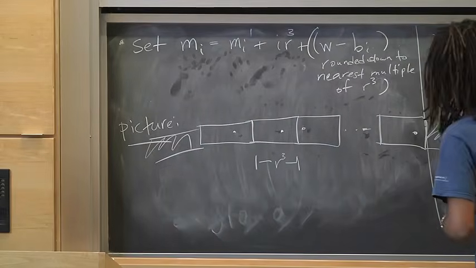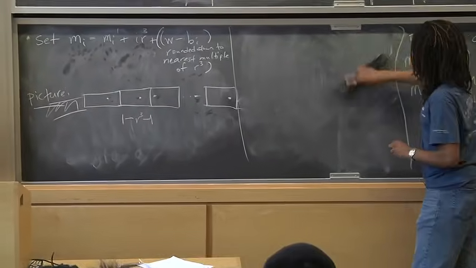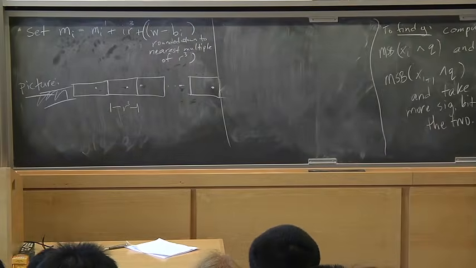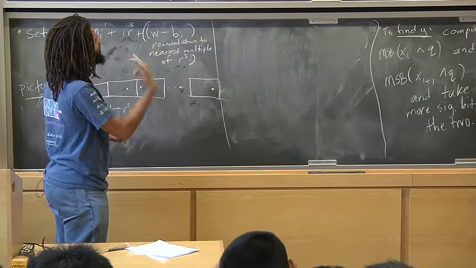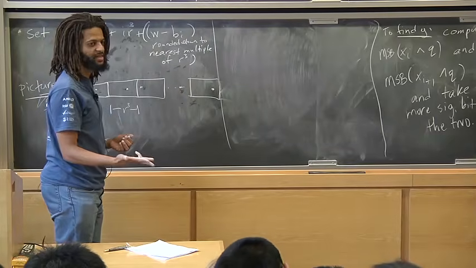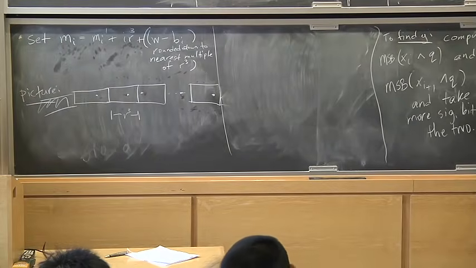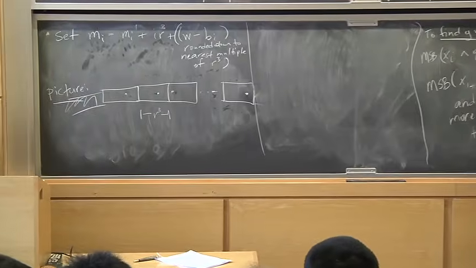Okay, so that's how we're actually going to do sketching. So I defined how to do a sketch. And we can actually do the sketch in constant time, because to do the sketch, it's a mask, a multiplication, another mask, and a bit shift. So a sketch is like 4 operations, each taking a constant number of words.